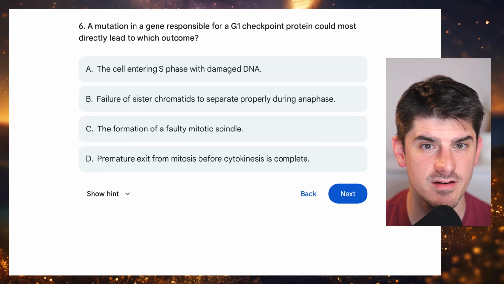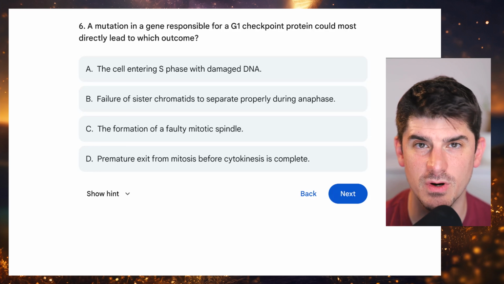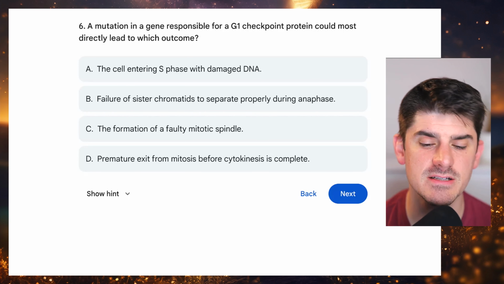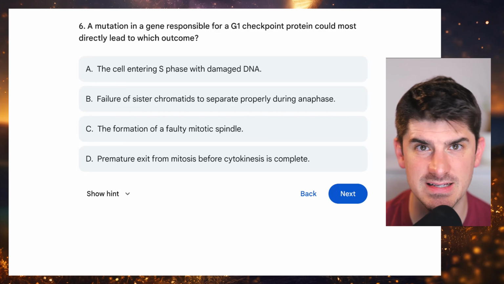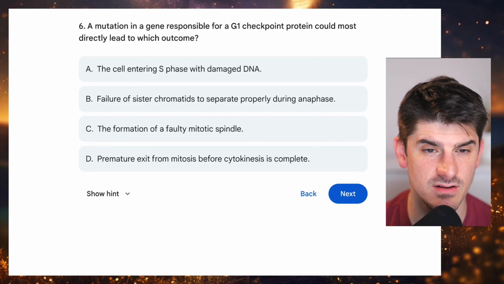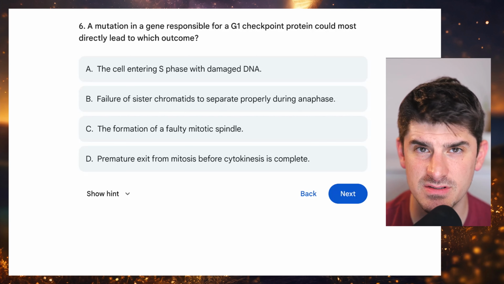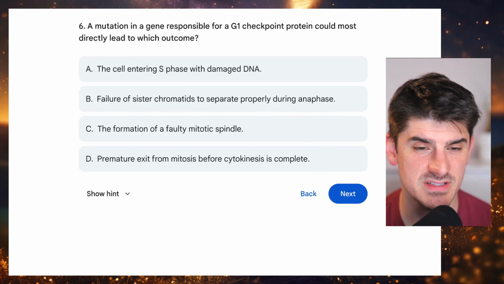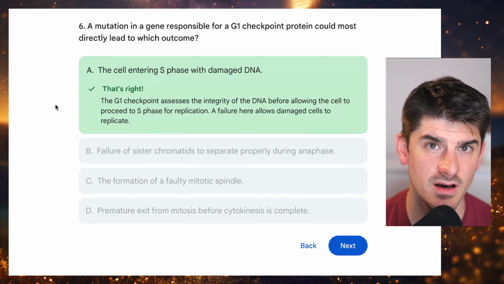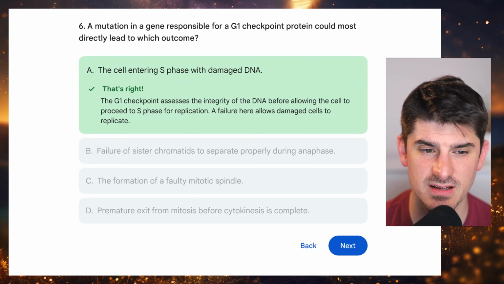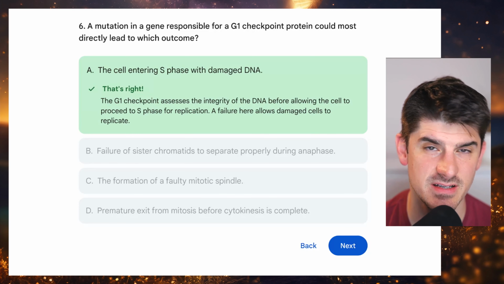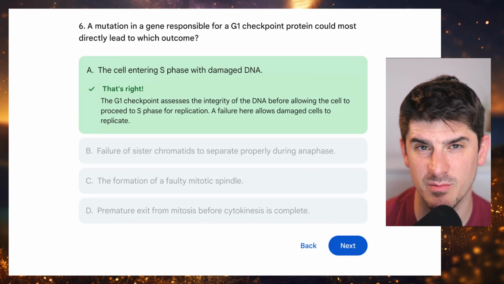Now, the key here is to remember when G1 occurs. This is a checkpoint that occurs just before entering the synthesis phase of the cell cycle. This means that it's supposed to stop the cell from entering synthesis phase with damaged DNA. This is answer choice A. Of course, if G1 is working, then you won't have the later damaged DNA passed on through the remainder of